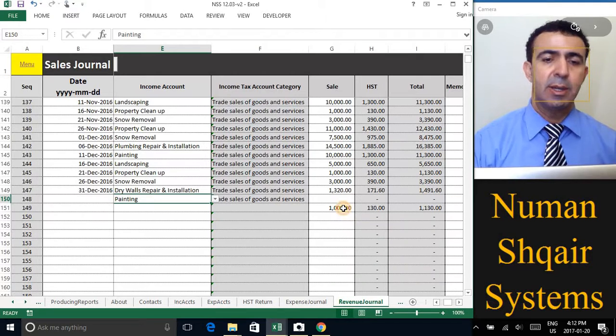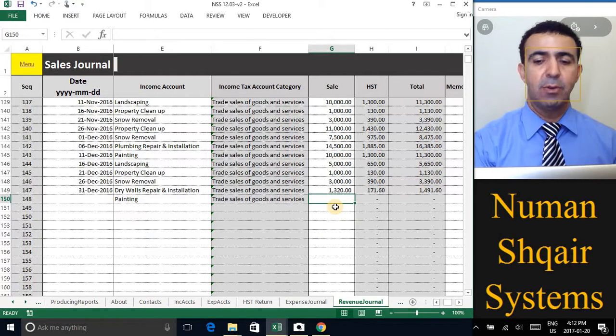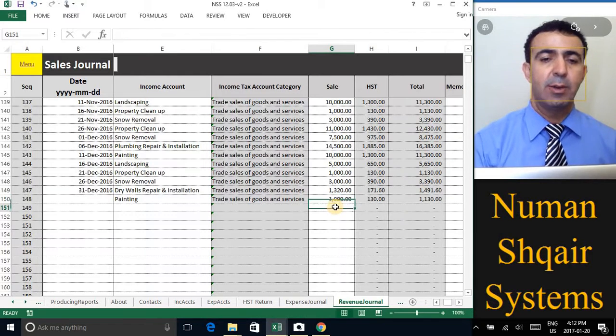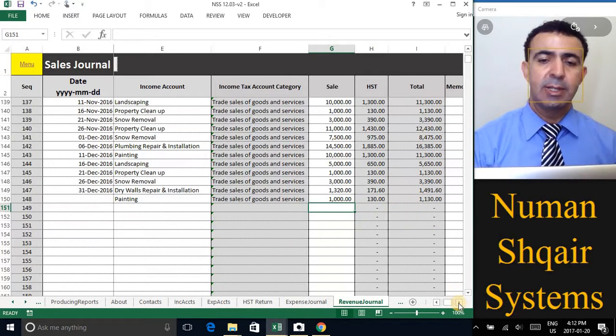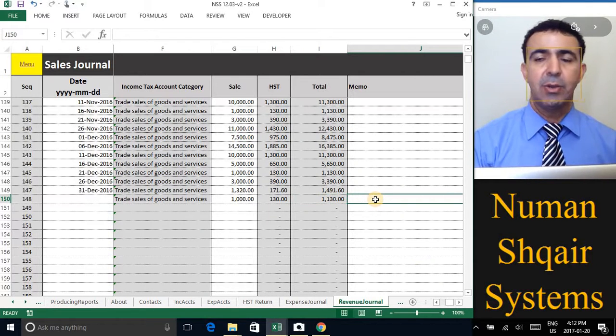Next to it is the amount of the invoice. In here you put the amount of the invoice. Let's say the amount you are invoicing your client is 1,000, and the system will calculate how much HST to add on the amount to invoice to your client. So the total comes to 1,130, and at the end here you can add your notes